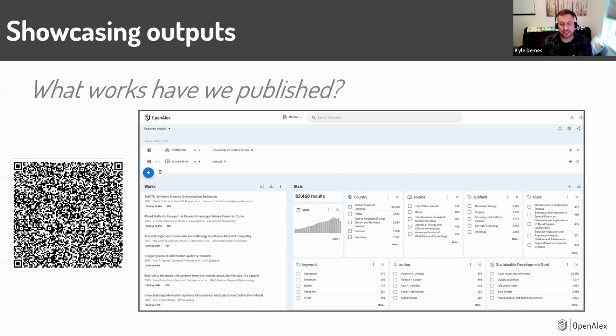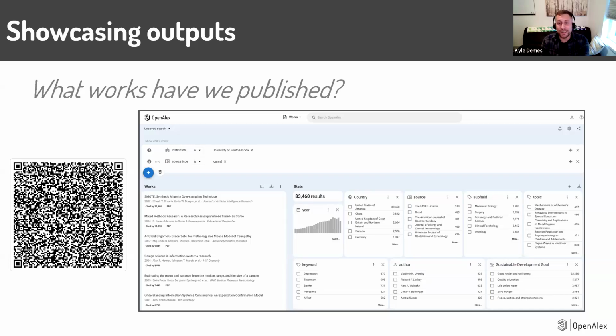The first one, this is always the one that I talk about because it's the simplest use case, but also the most powerful. What research have we published? So just to show you an example, you can go to openalex.org and you can type in your institution's name and click it, and it's going to give you a list of all of the works. You can add all sorts of analyses over here on the right. So you can see I wanted to know the total number of works, how that's changing over time, what countries they've published with, what journals they're publishing in, the fields and topics, who the authors are, what the UN Sustainable Goal contributions are, just as an example of the type of reporting you can do.